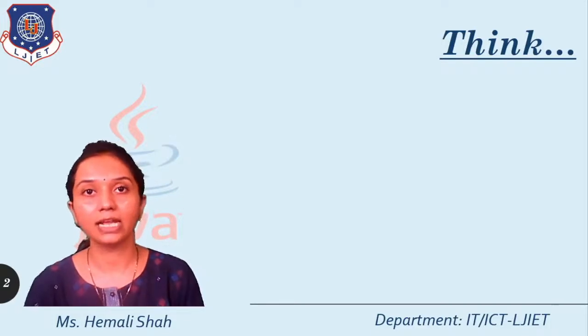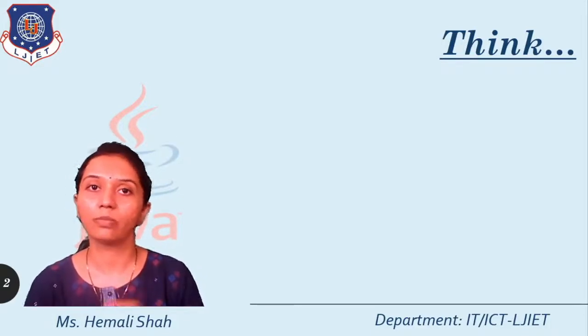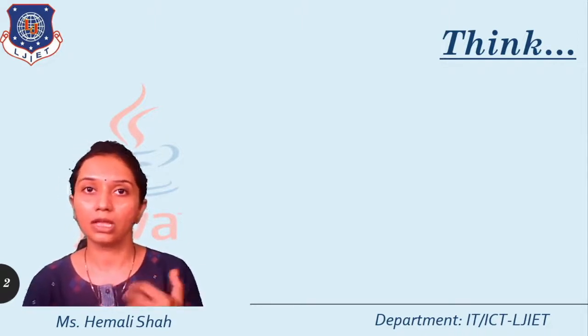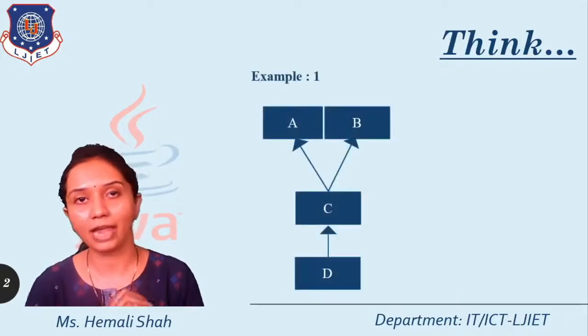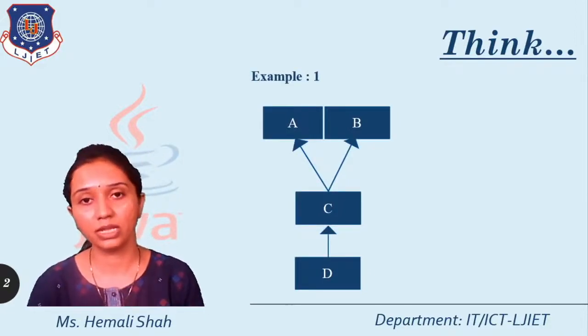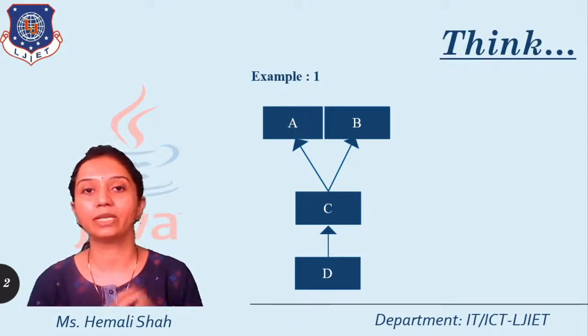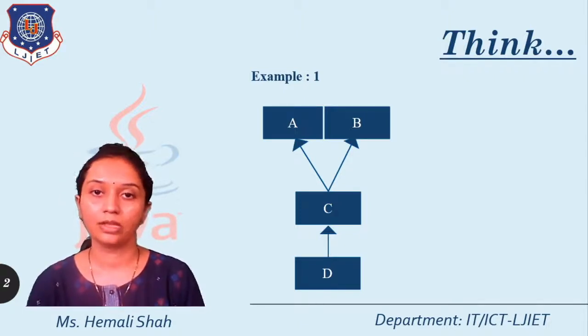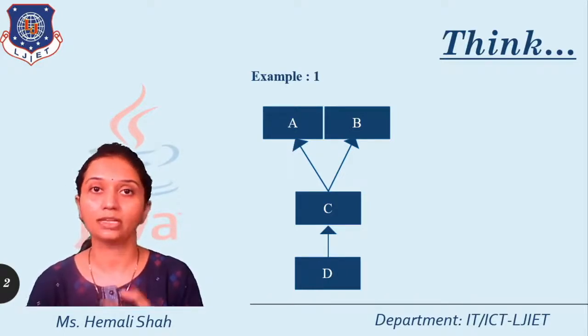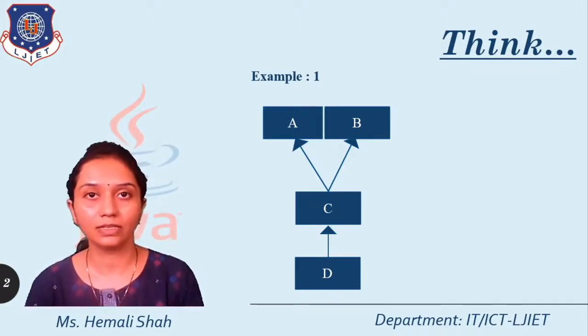Now, hybrid inheritance is a combination of more than one inheritance concept in your class relations. So here, this is the example of hybrid inheritance. Now, how is this figure a hybrid inheritance? Just observe the relationship between A, B and C. This C is derived from A and B. So A and B both are the parents of C. So at least one should be an interface because it is a multiple inheritance.